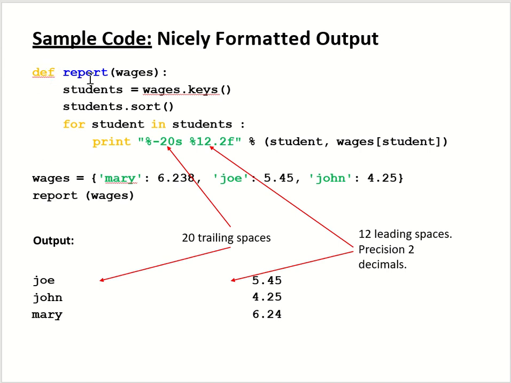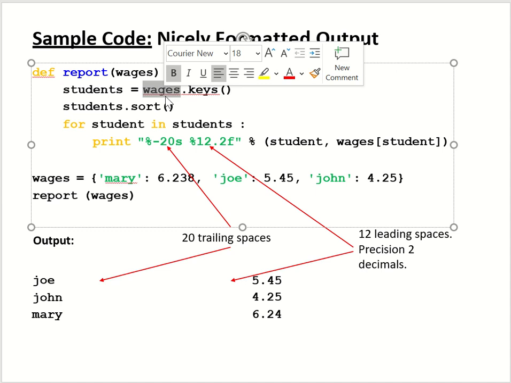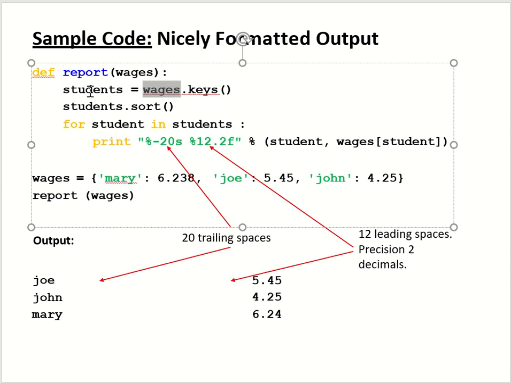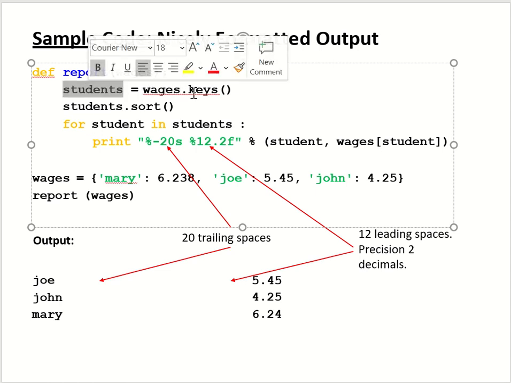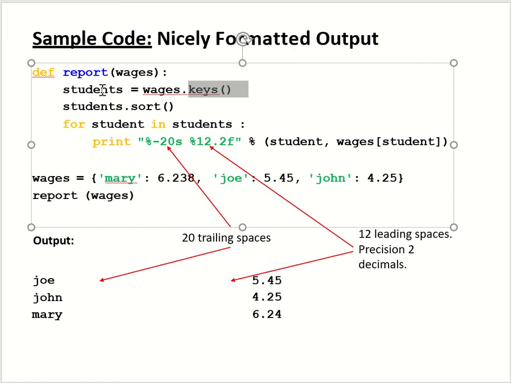Define a function called report, takes one parameter, wages. We can see here from the .keys method that wages is designed to be a dictionary. Students is going to be the output of the keys method, so it's going to be a list of all the keys for the key value pairs in wages. Call the sort method to sort those alphabetically by the keys. And then for student in students, print